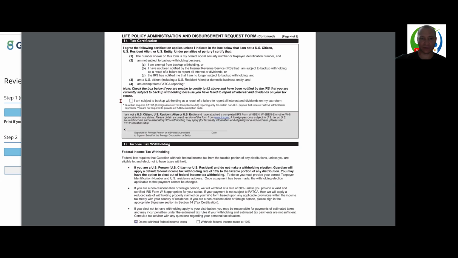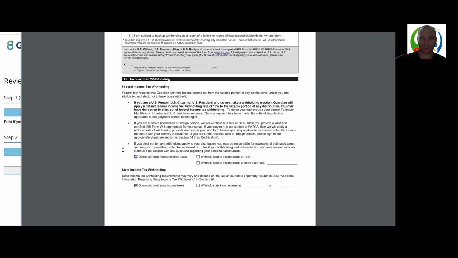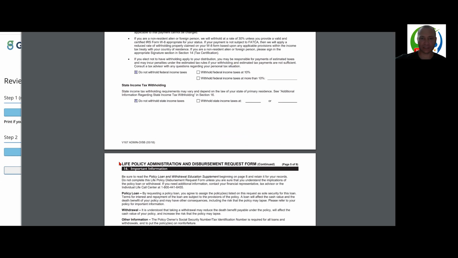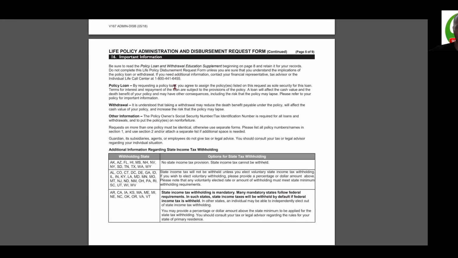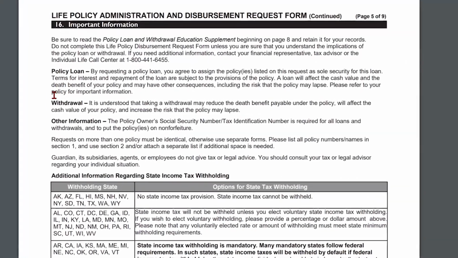Next, we got our tax certification, which would only be checked if we were subject to withholding. And then do not withhold state and federal income taxes. Again, they're going to remind you to read the supplement beginning on page 8. Here on page 5, it says,